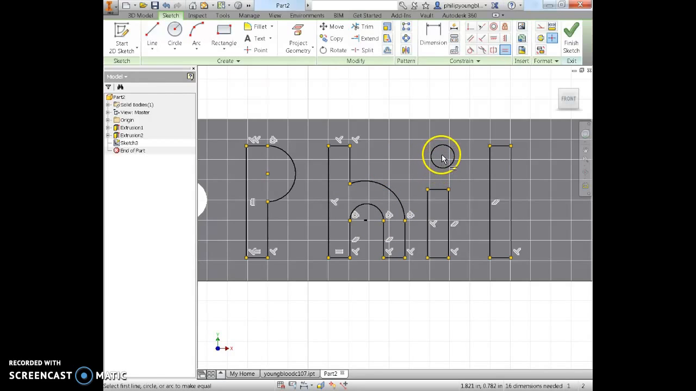And what if I want to line up this circle to my letter I? Well, there probably needs to be some sizing done because it looks like it essentially is too big anyway. I could use a tangent constraint. And a tangent constraint